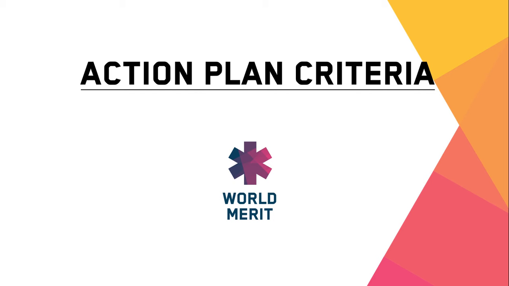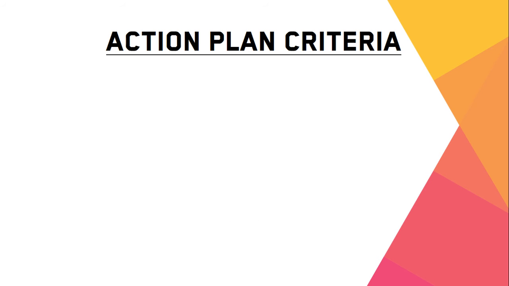So in the development of your action plan, we would like to provide you some guidelines. In this video, I would like to elaborate on 3 action plan criteria points, which will help you in your SDG group process. In every stage of the action plan development and implementation, you can cross-check with these 3 criteria points to see if you're still on track. I will first mention all 3 criteria points and then explain them in more detail. So we have 3 action plan criteria points.